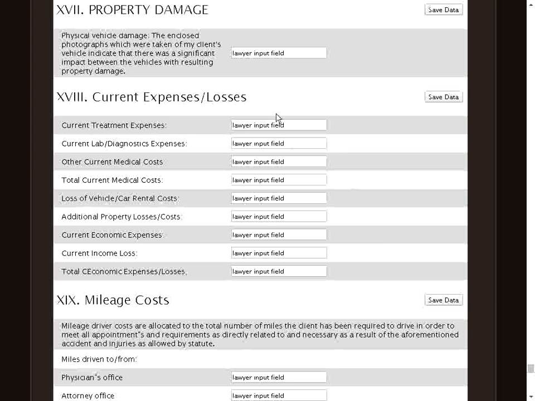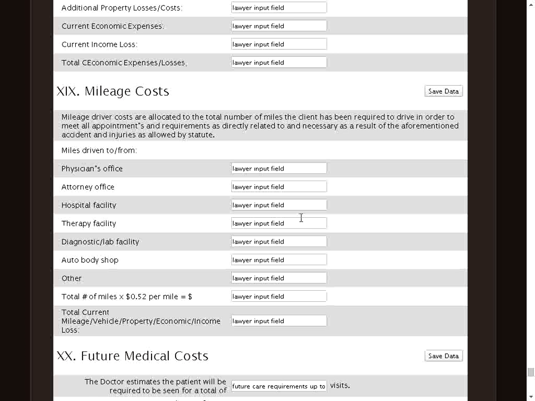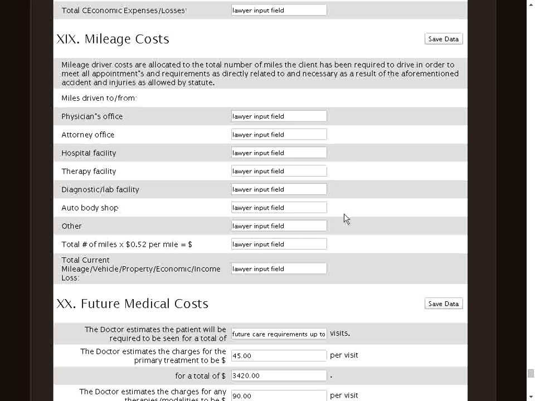Now, if you don't want to enter any of these fields, leave it blank. It won't print. Okay, it's also, again, in a Word format, so you can edit it at any time. This is the mileage cost for mileage drivers, indicating the number of miles the client has been required to drive in order to meet the appointments as a result of the accident. So, how many miles did he drive back and forth to the physician's office, attorney's office, hospital, therapies, labs, auto body shop, valued at 52 cents per mile if you use mileage drivers, and if you don't, leave it blank